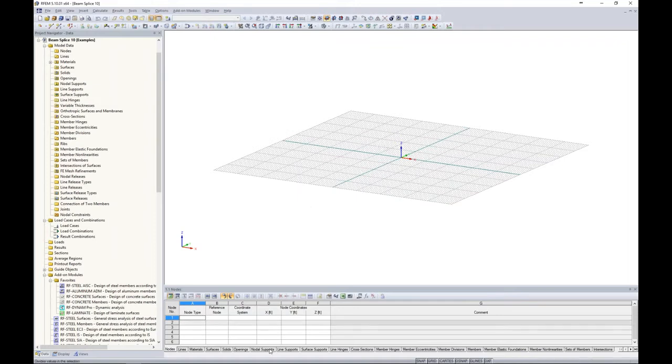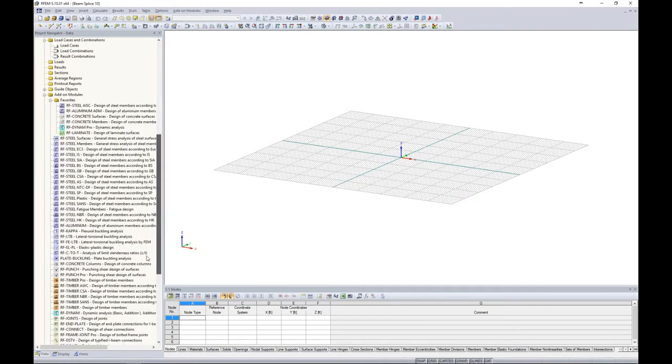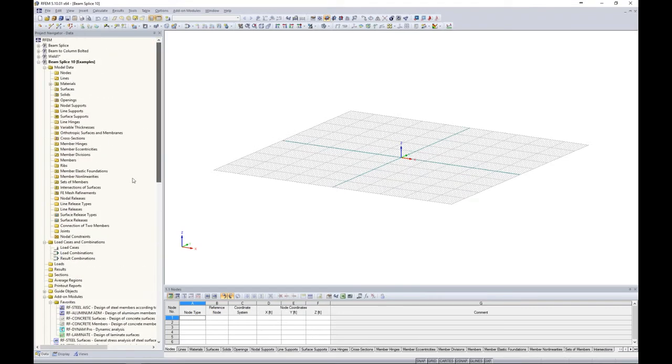We also have our tables to work with down at the bottom. What's nice about this is that you can import and export directly to and from Microsoft Excel if you prefer to work with Excel spreadsheets. We do have our tools to work with up here at the top. We will certainly be utilizing those today. And over on the left-hand side, we have our project navigator, which I think is a little bit more unique to our program. For example, the data tab, which we're currently looking at, this will provide us with all of our input data. You can see our long list of add-on modules is listed here as well,